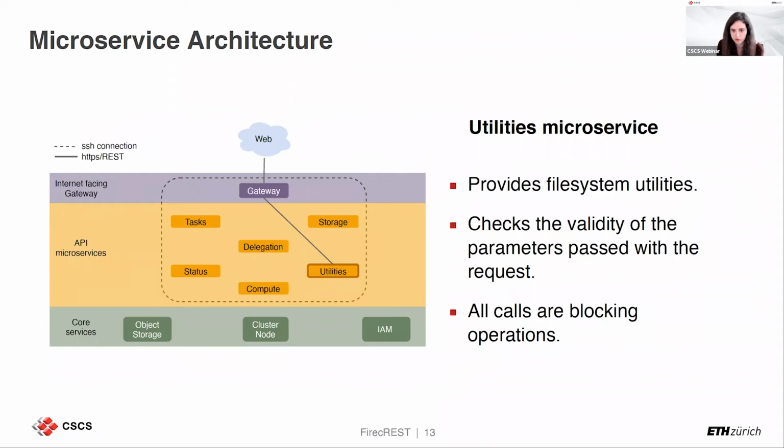So the gateway will forward the request to the utilities microservice in this case, because we want to list the files in a directory. The utilities microservice, as I say here, provides file system utilities. This could be listing a directory, uploading some small file, some job script, or removing a file, things that can be done very quickly. In our case, this microservice will check the validity of the parameters passed with the request, and then in order to execute the command in the cluster node, it will need an SSH certificate that it will get from the